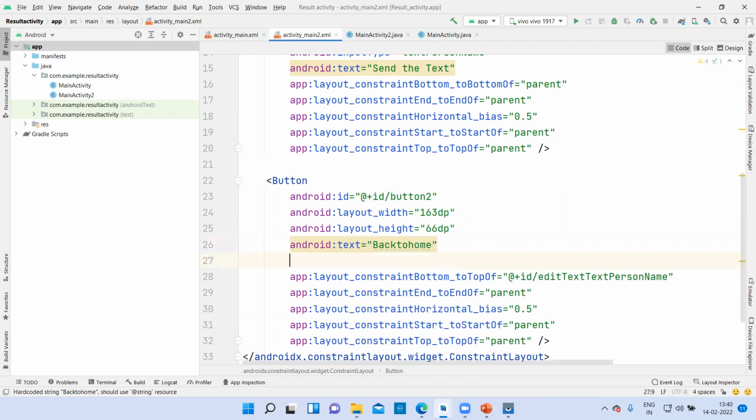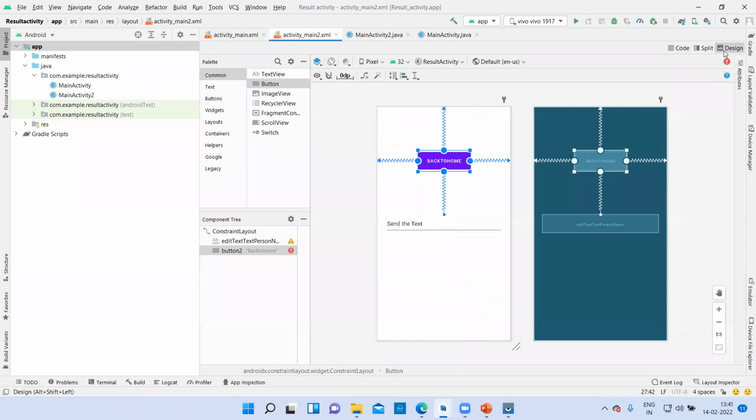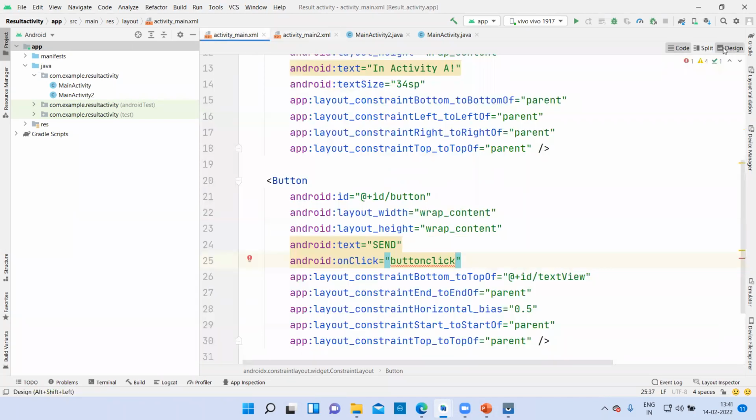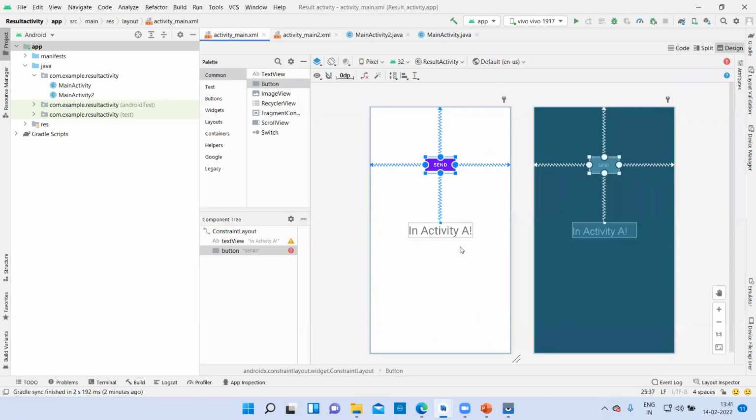And on click, you will write send me back to home. That's it. And now let us look at the design part. See, back to home and send the text. Fine. Similarly, if we look at the design of this send in activity A.